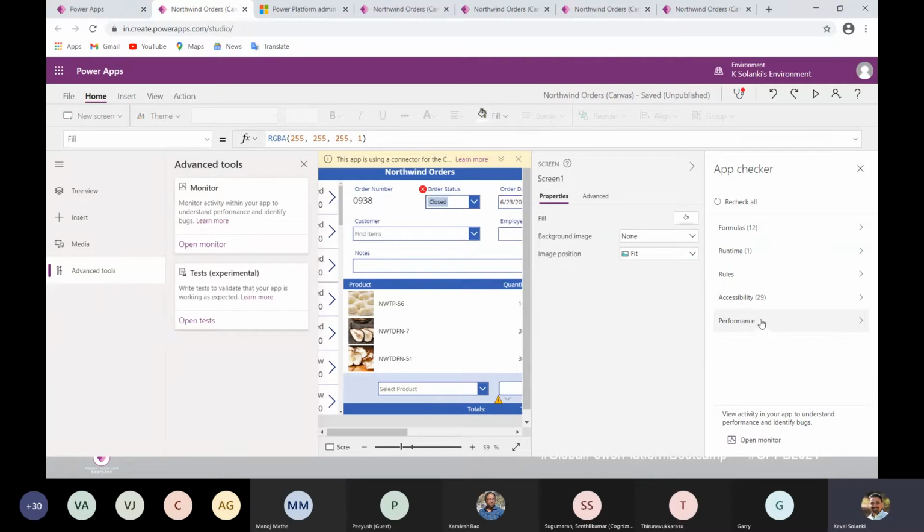The performance category will generally give delegation warnings. So delegation warnings generally come under performance. It will not say how much time a request should take or the minimum time it should take.